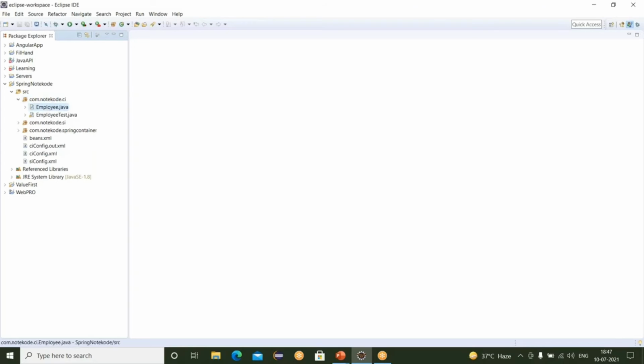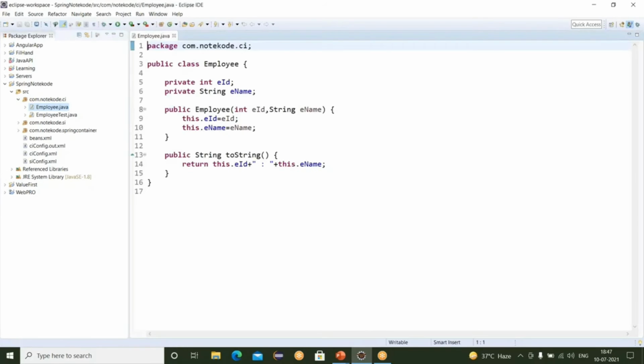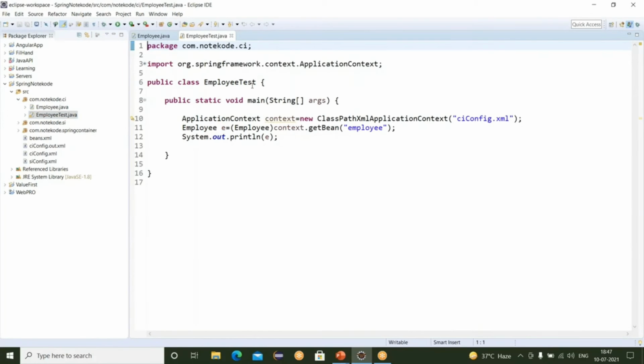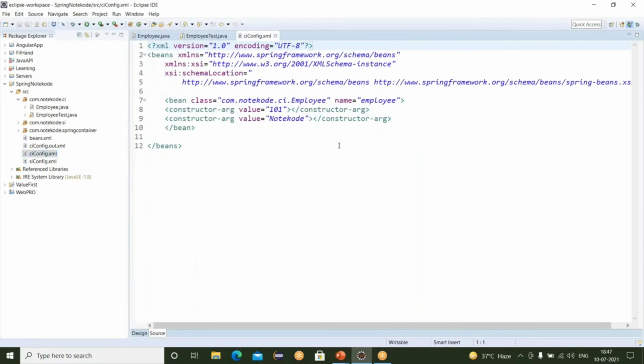We have created the class Employee, and for testing purposes, we have created the class EmployeeTest. And for configuration, we have created a file ciconfig.xml in which we injected the dependency through the constructor element. How do we apply auto wiring in our project?